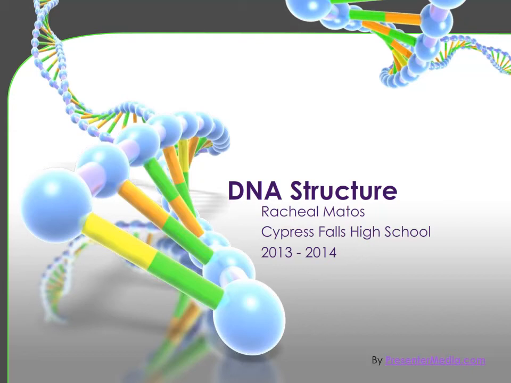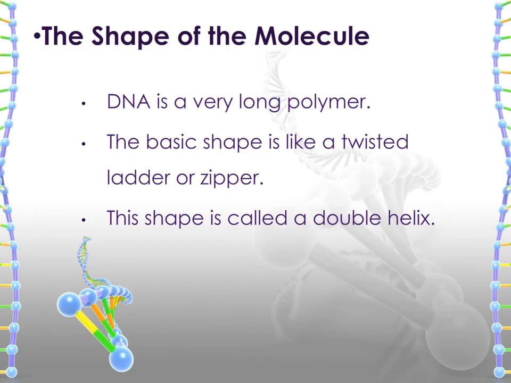Welcome to DNA structure. So today we're going to talk about DNA, and DNA is a long polymer, and the basic shape is twisted like a ladder or a zipper on a sweater. And the shape is called a double helix. And the way we talked about it in class was to say that it was a twisted ladder, and the